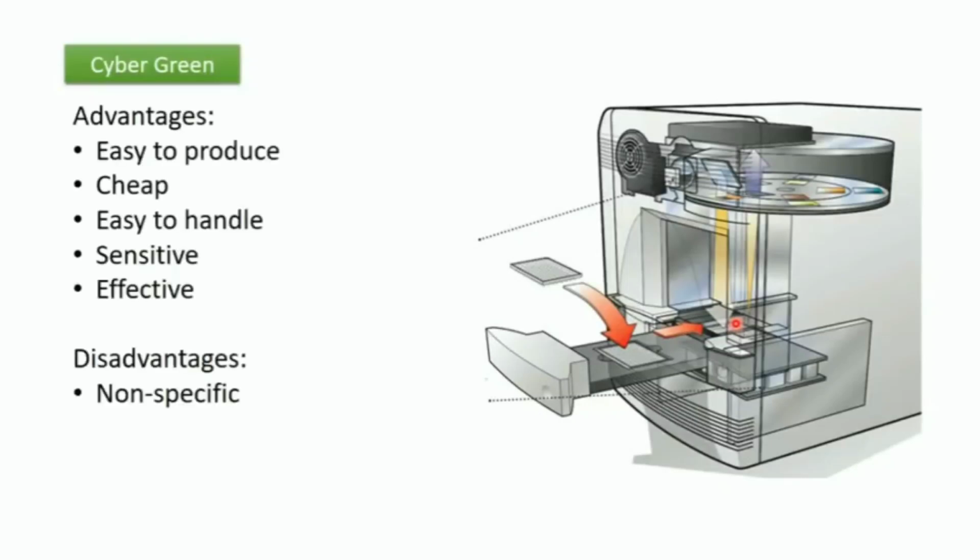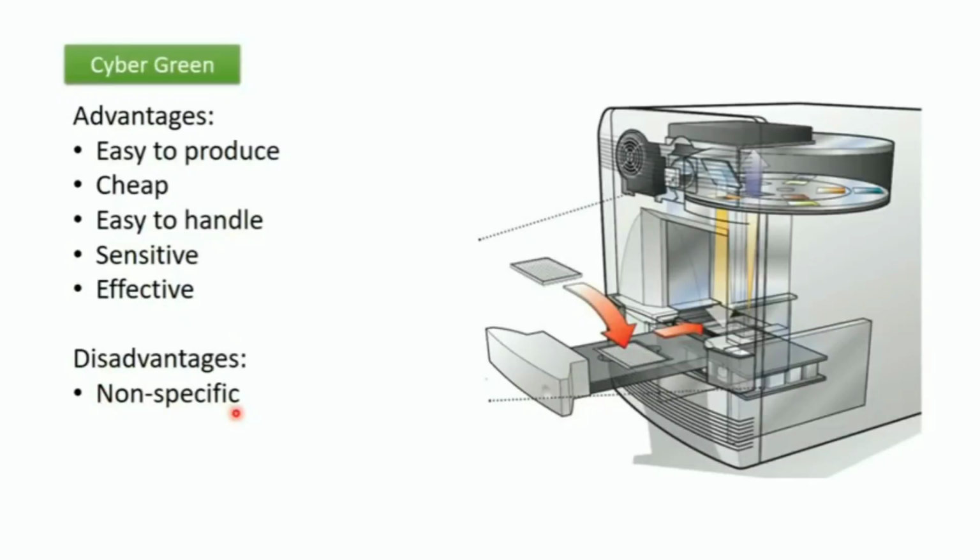Let's talk about the advantages and disadvantages of cybergreen. So the advantages, cybergreen is easy to produce. It's a cheap product in comparison with other detectors. It's easy to handle, it's very sensitive to double-stranded DNA. The only disadvantage is that cybergreen is non-specific, and so